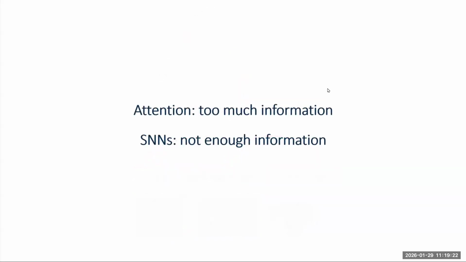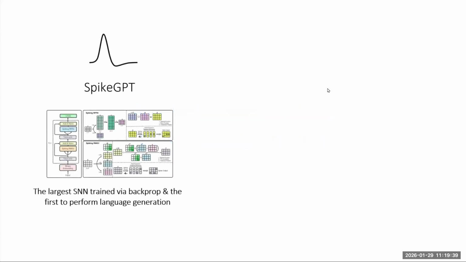So we're really trying to bring that back. We're trying to say that attention has too much information, but it works really well. Spiking neural nets, and more generally, recurrent neural nets, seem to not have enough information, but they can be really cheap. How can we bridge this gap? So in